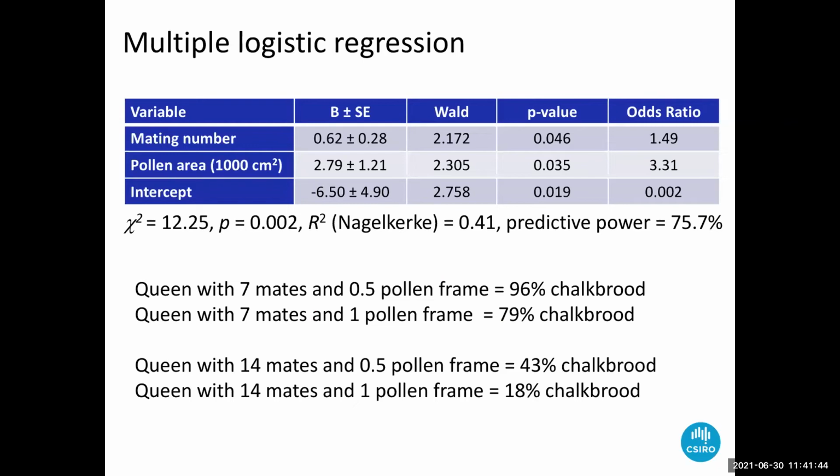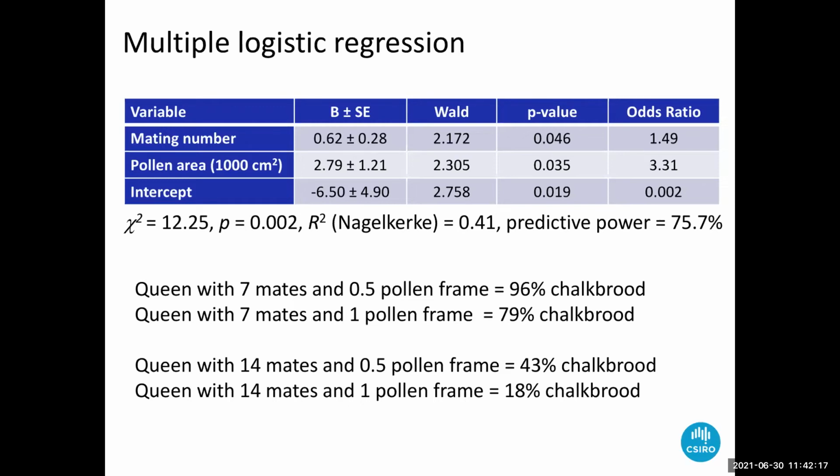We then put this data through a statistical model to get further insight into how mating level and pollen levels might influence the infection outcome of a hive. This model suggests that a colony is 49% more likely to be healthy for each additional drone a queen mates with, and that a colony is at least 3 times more likely to be healthy for every half frame of pollen. So if we think about some hypothetical colonies in the same environment, this model suggests that a queen that has mated with the minimum 7 drones